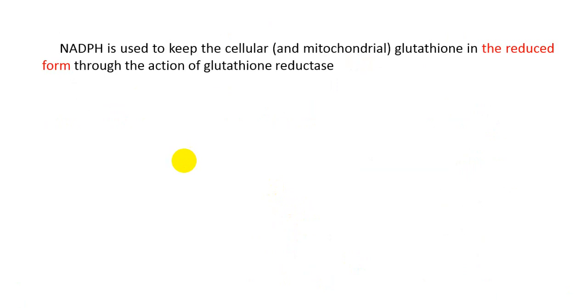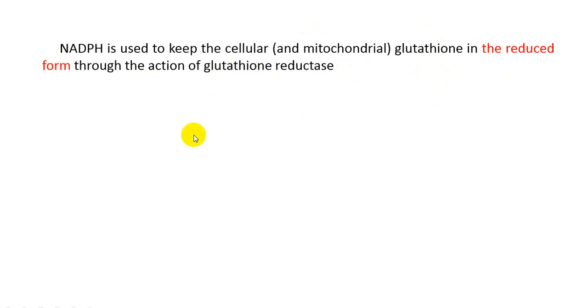Now we've got a simple idea of how NADPH is formed. Now, what's the biofunction of NADPH? Let us see the biofunction, or the importance, of the NADPH molecule. As I said in the beginning, NADPH is used as a reduced form. Therefore, NADPH is used to keep the cellular and mitochondrial glutathione in the reduced form through the action of glutathione